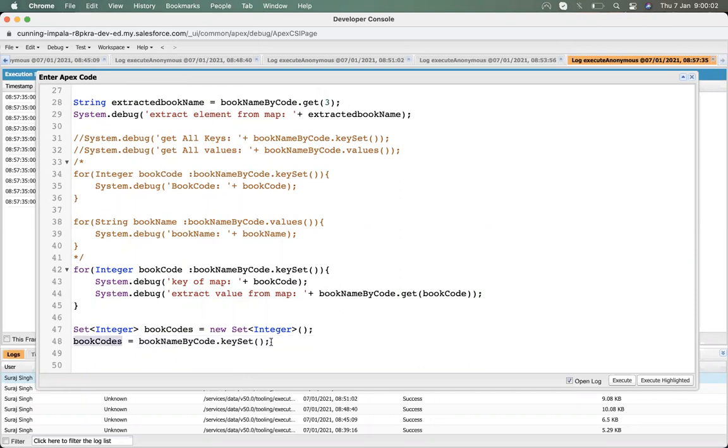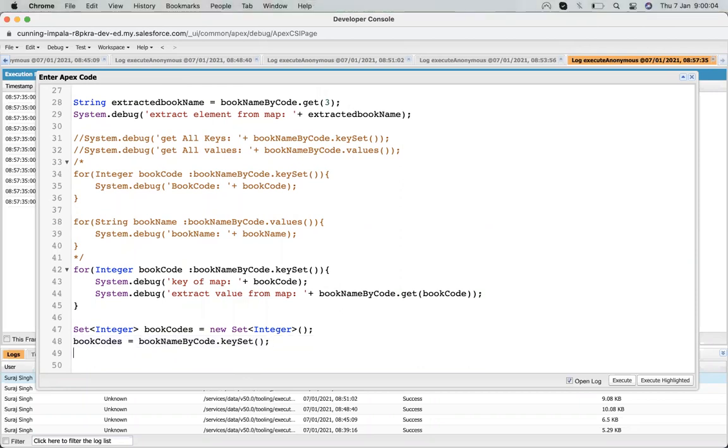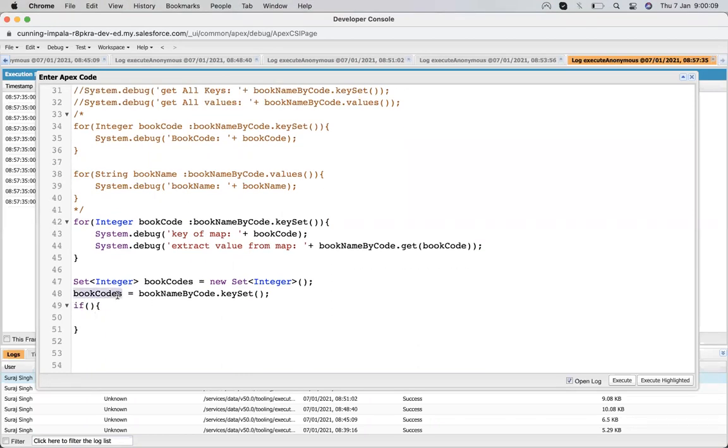Okay, and we can check the key value, just like we check contains, my mistake, contains and any value.